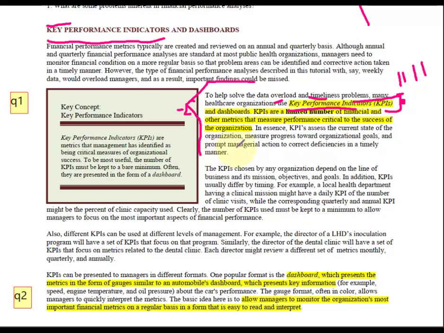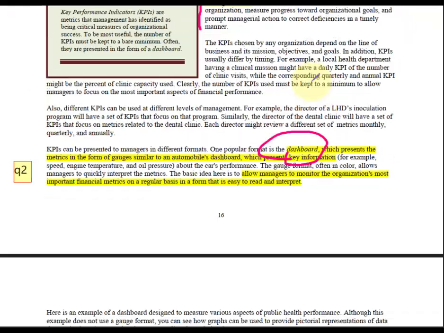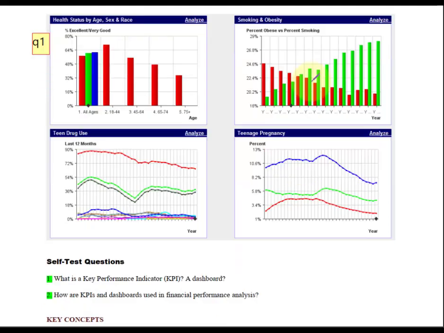And now that we've tried to limit our focus to just those few key things, we can arrange them nicely on what they've called a dashboard. And once it's on a dashboard, we can stop just looking at numbers, and we can put the ratios on these nice graphs so that we can visually see how we're doing. It's the same reason that cars often have dials for things like tachometers or speed. They show how you're doing as you go along, and they'll also show threshold levels. That would be like the warning light that tells you